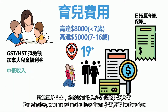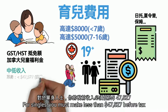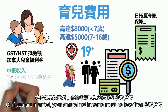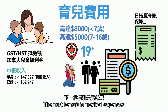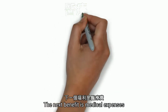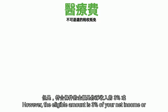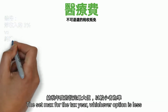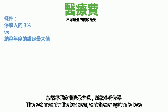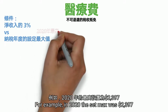For singles, you must make less than around $47,000 before tax, or if you're married, your annual net income must be less than $62,700. The next benefit is medical expenses that you can claim as non-refundable tax credits. However, the eligible amount is 3% of your net income or the set max for the tax year, whichever option is less. For example, in 2020, the set max was